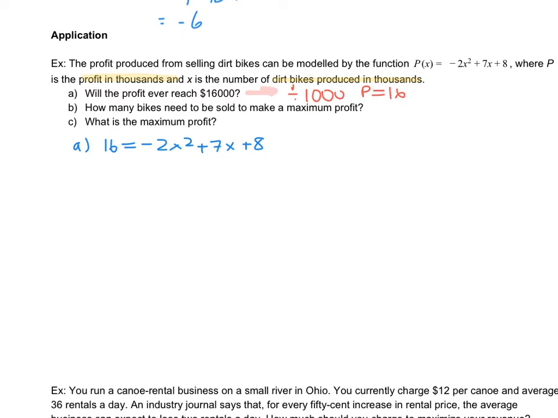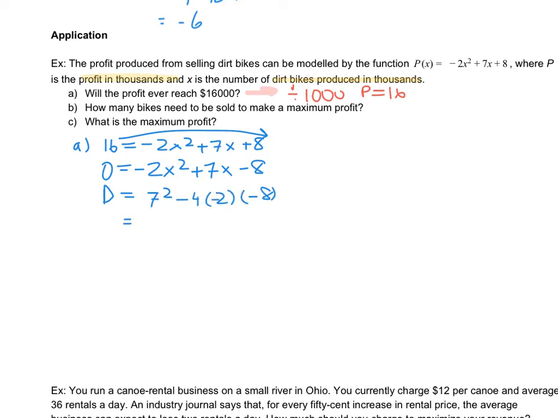Plus, this is more of a solving an equation type of thing, not an optimization. So make sure you can differentiate between the two. So we will bring that 16 over to the other side, and it will be 8 minus 16, so negative 8. And now let's use that discriminant, so b squared minus 4ac, and we end up with negative 15, meaning our discriminant is less than 0, so there is no solution, meaning